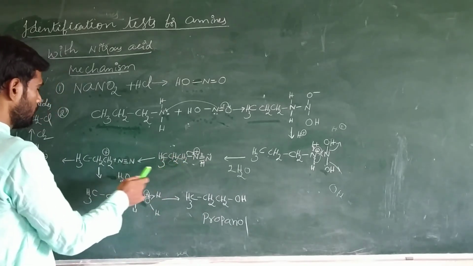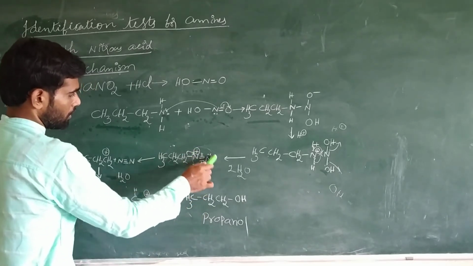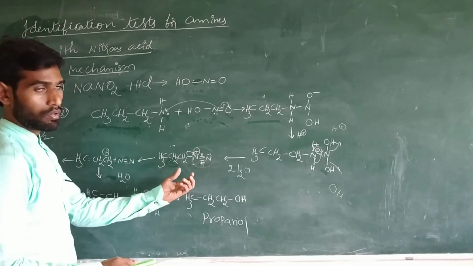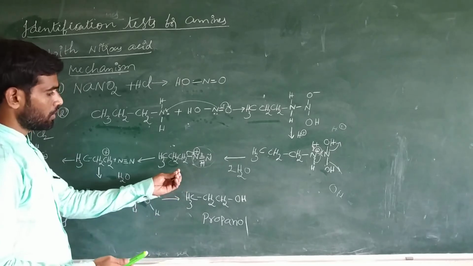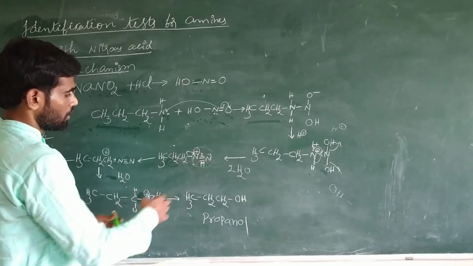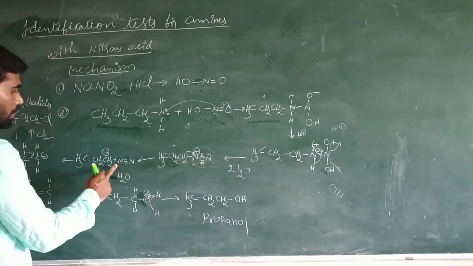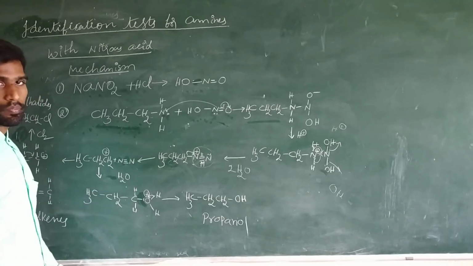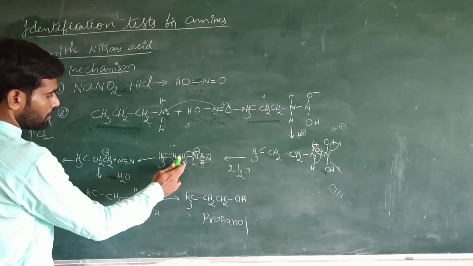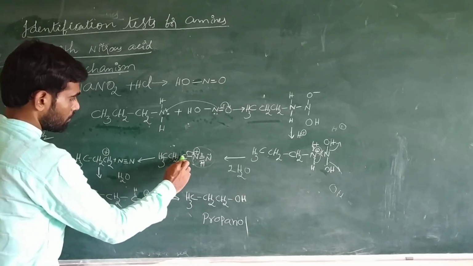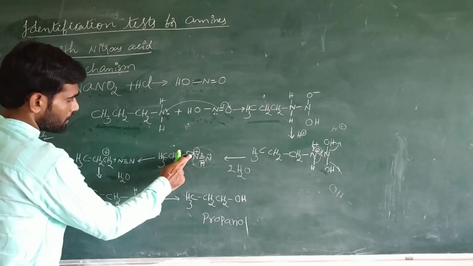It is unstable, and the bond between the carbon and nitrogen is broken because nitrogen is an electronegative atom. When compared to carbon, nitrogen is somewhat more electronegative, and this group is pulling the electrons, and the bond between the carbon and nitrogen is broken down, and nitrogen is eliminated as N2 gas. If the bond between the nitrogen and carbon is broken, the electrons are taken by the nitrogen.